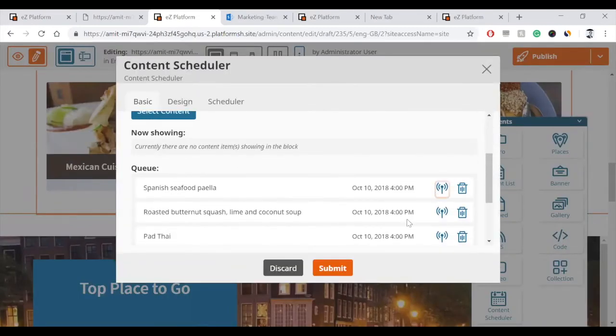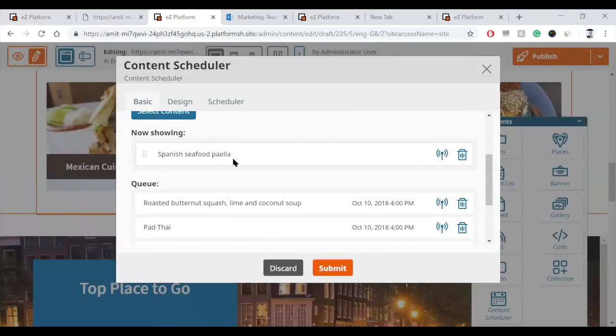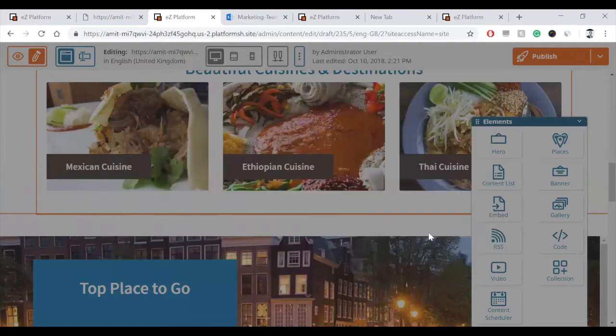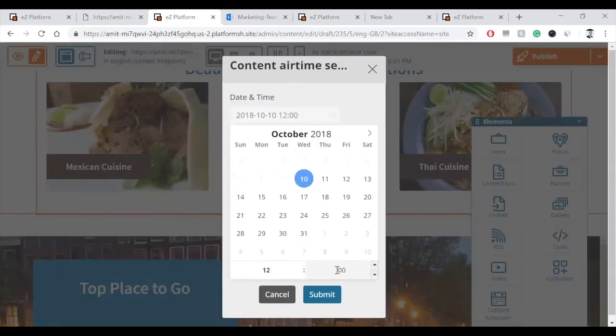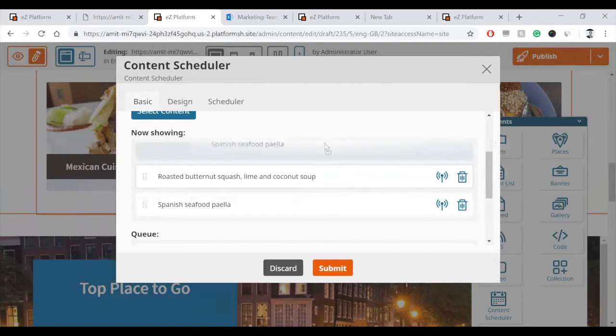Yes. So here, let me change. For example, my time is now 10:22. There we go. Now it's showing. So let me just change a few other ones. That was the issue. Submit. Perfect. Now, as I mentioned, you can change on the content flow how you would like these items to